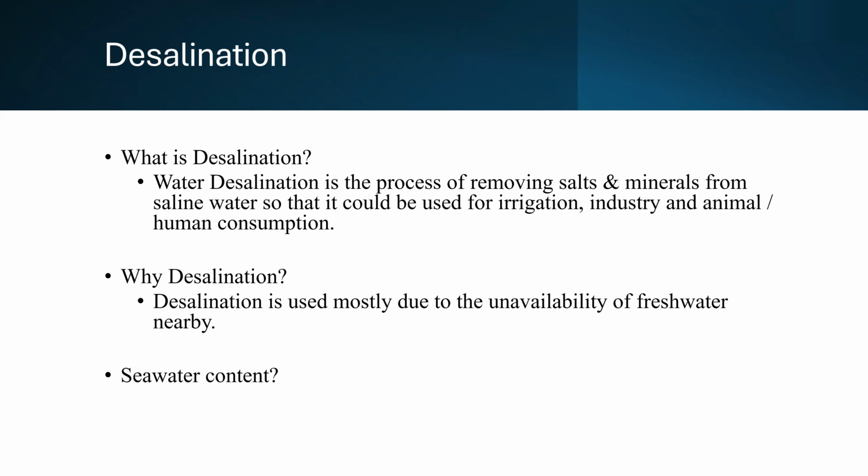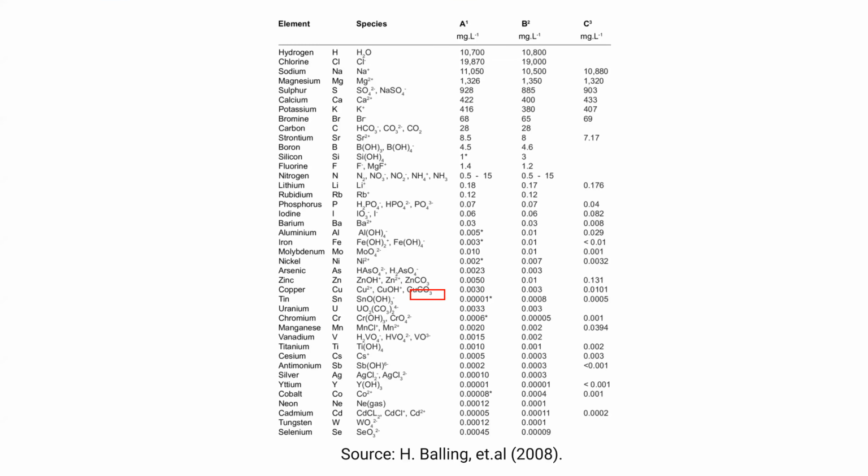And of course, no wonder that one of the most severe freshwater shortages in the world is in the GCC countries. This is why desalination is very important for us. Speaking about seawater content, here you can see